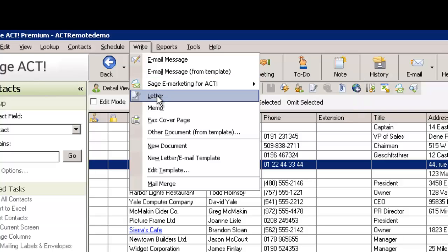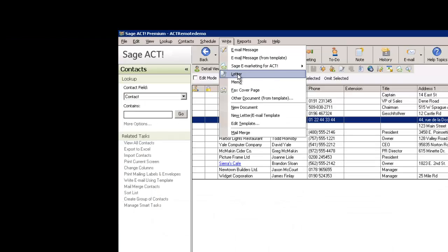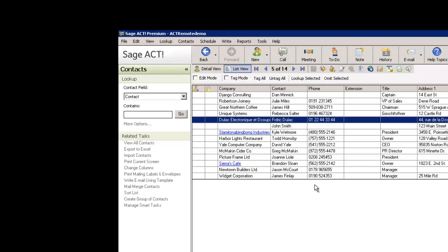Or I can send them a letter if I want to send them something snail mail. I can create an email or a letter template and do a mail merge that way. So there's all kinds of options. Once we get here, we can just go down the line and call these folks. Here's their phone number. We can produce this list and print it out and hand it to somebody to call